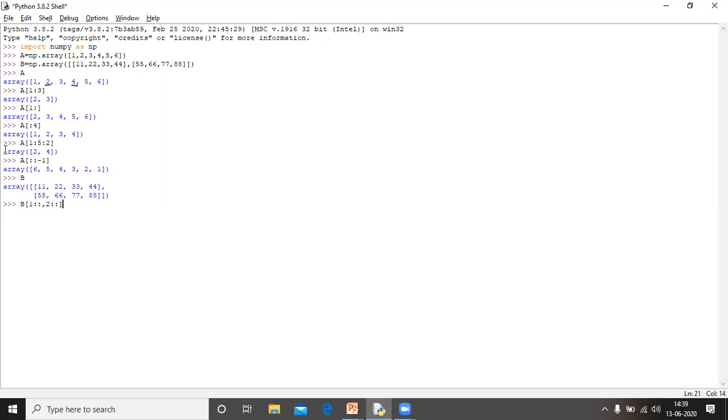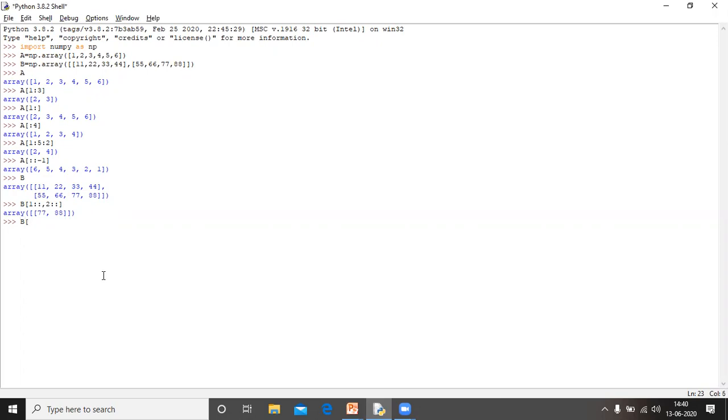The first one is 1 colon, it means row 0 is skipped, only this will be shown. Then what about the column? 2 colon, it means start from index 2, 0, 1, 2, up to the end of this one. What is the common part? That is 77 and 88. The output must be 77 and 88.